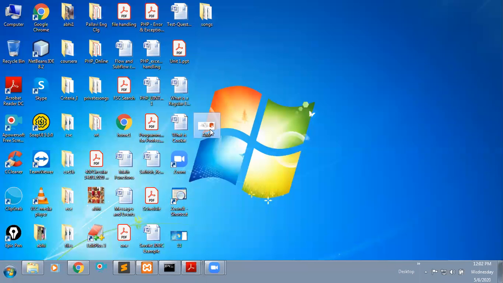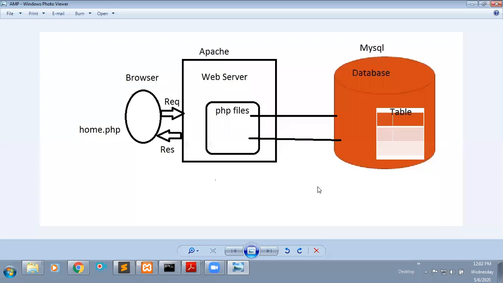If you observe this diagram, what we did in the last class is, by using PHP, we are able to connect with this MySQL database. We gave the connection from our PHP file. After giving the connection to MySQL, what can we do? We can do anything. We can create a database, and within the database we can create tables, alter tables, and insert data into the table. All the operations we can perform after connecting to this database.